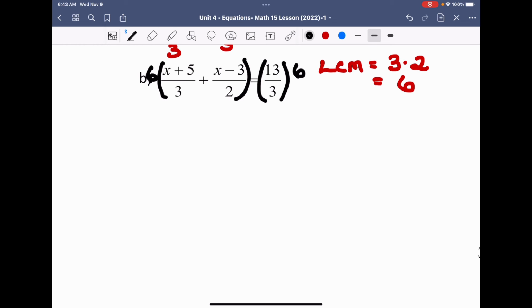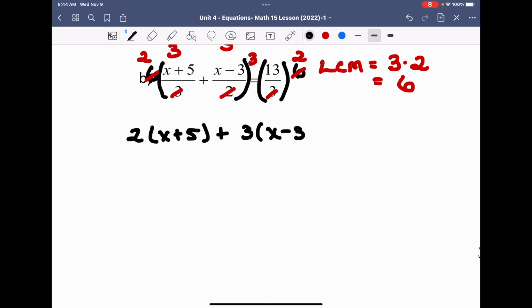Now, I'm going to go term by term and see what this multiplies to, considering the denominator. So if I go 6 divided by 3, 6 divided by 3 is equal to 2. 6 divided by 2 is equal to 3, which will be the coefficient of our second binomial. And then we go 6 divided by 3 is 2. So now, let me rewrite this out with all their new coefficients. This becomes 2 times (x plus 5) plus 3 times (x minus 3) is equal to 2